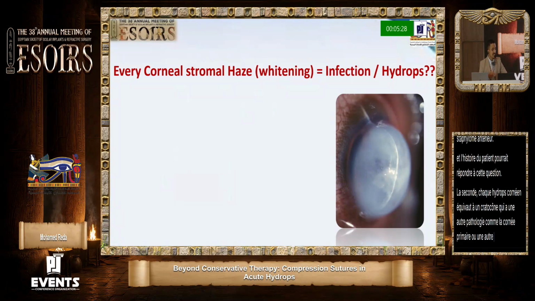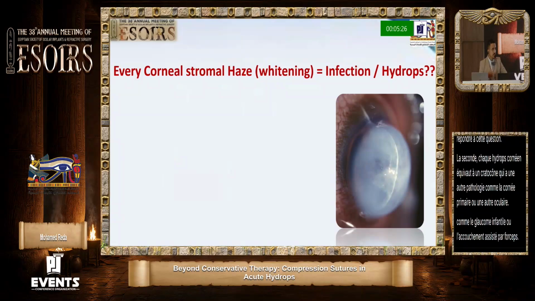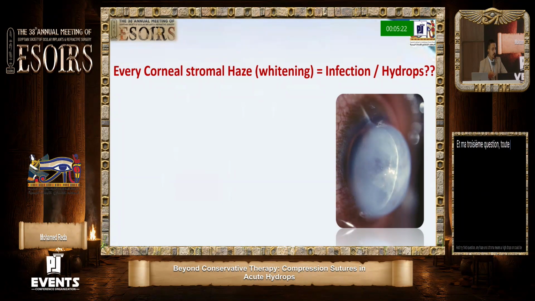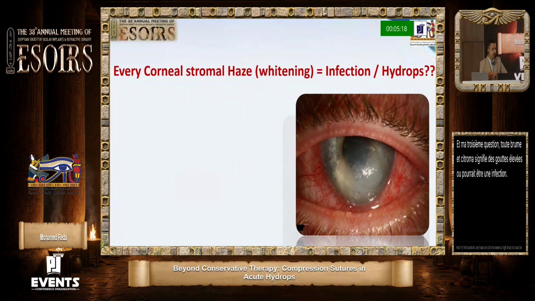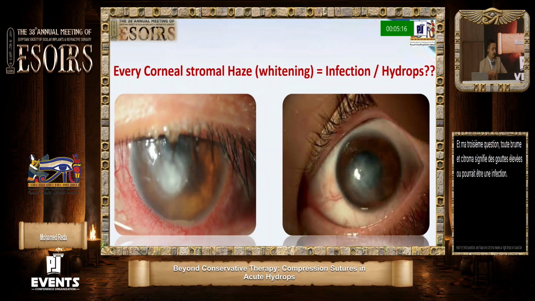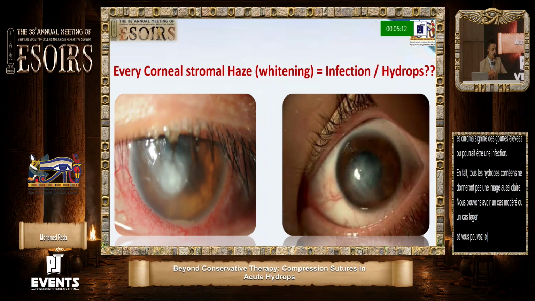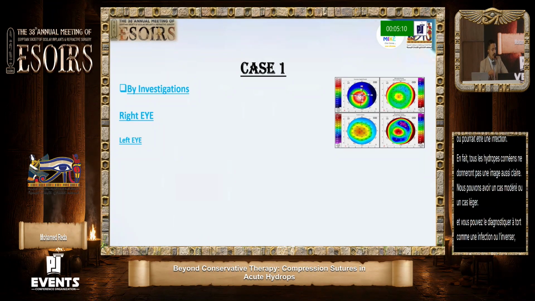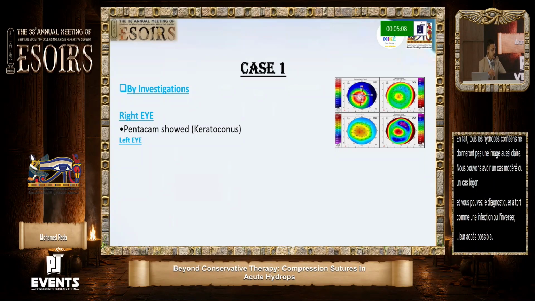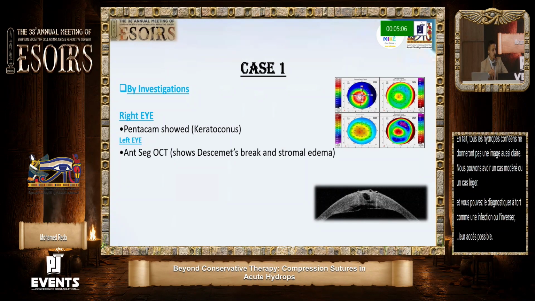And my third question: does any haze in stroma mean hydrops, or could it be infection? Actually, not every corneal hydrops will be a clear image like that. We can have a moderate case or mild case, and you can misdiagnose it as infection or the reverse. So I asked for this case for the right eye Pentacam showing keratoconus, and the left eye showing